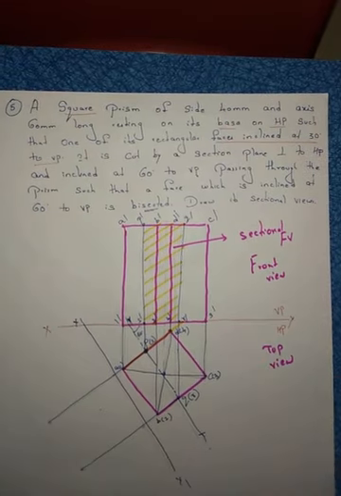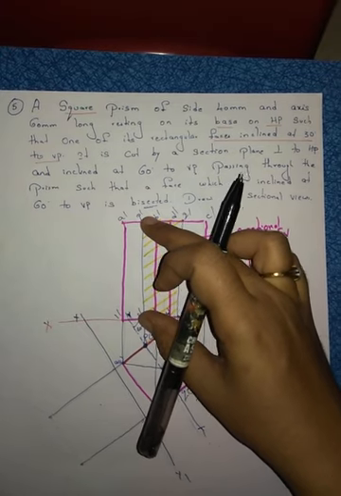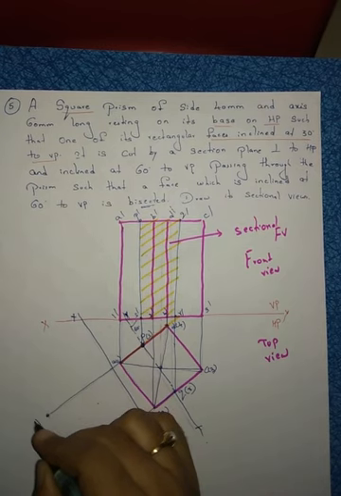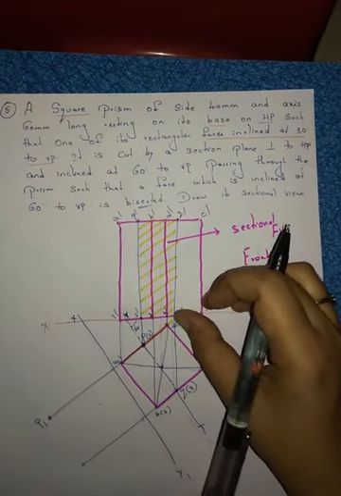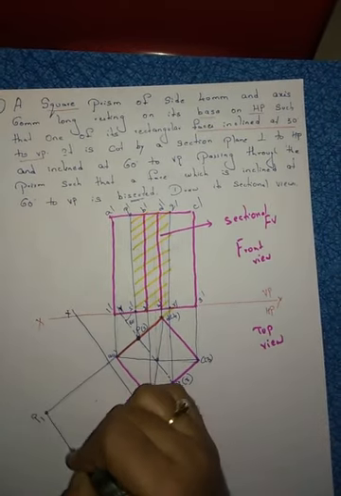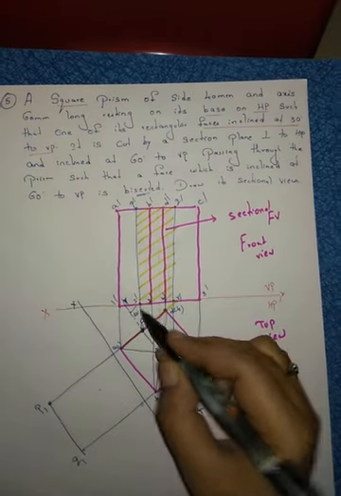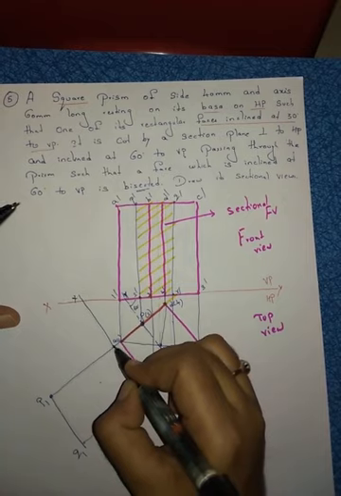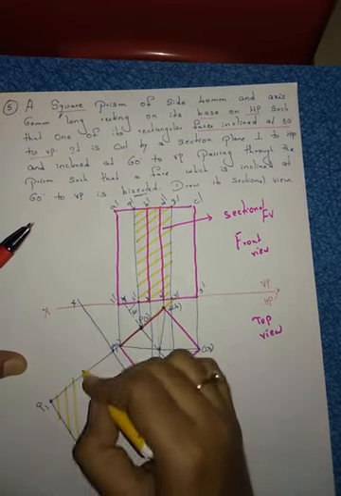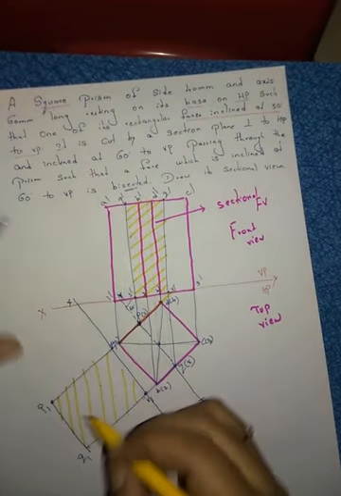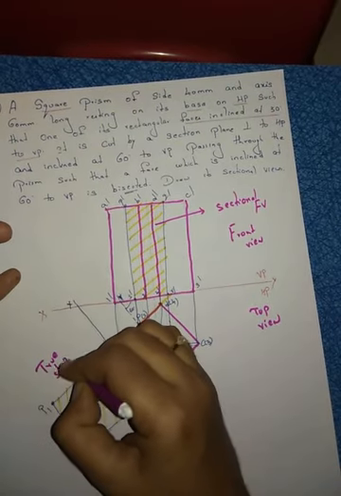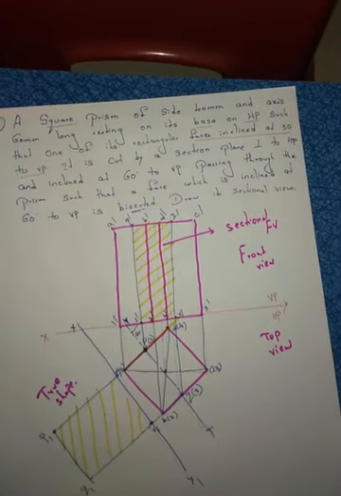Then next, from the reference line to point P, take this distance with your compass. From this reference line, mark the P point here. From the reference line to point Q, take this distance and mark the Q point here. Anyway, the R point and S point are on the reference line. So here P, Q, R, S is nothing but your true shape or true section. So this is your fifth problem.